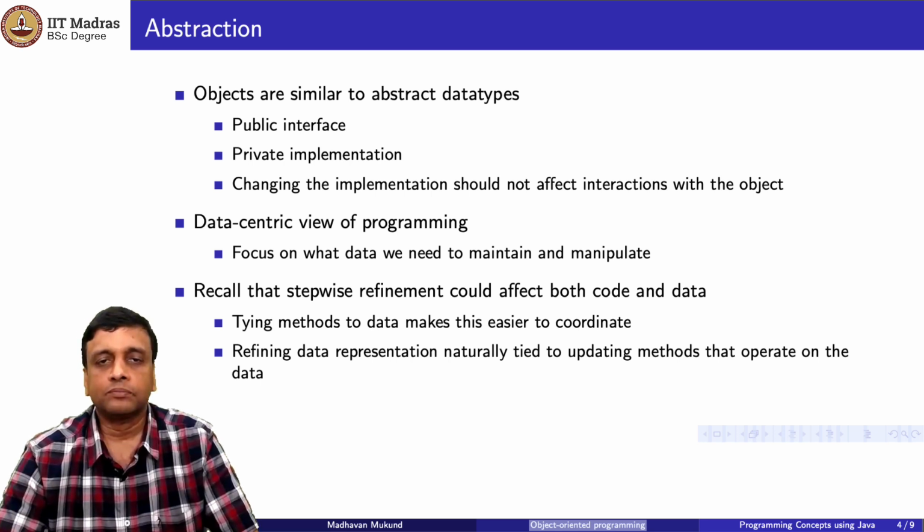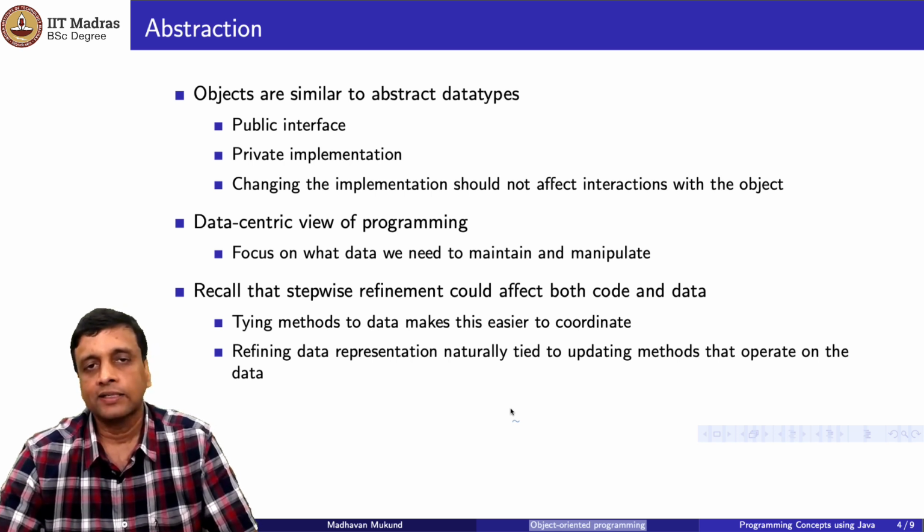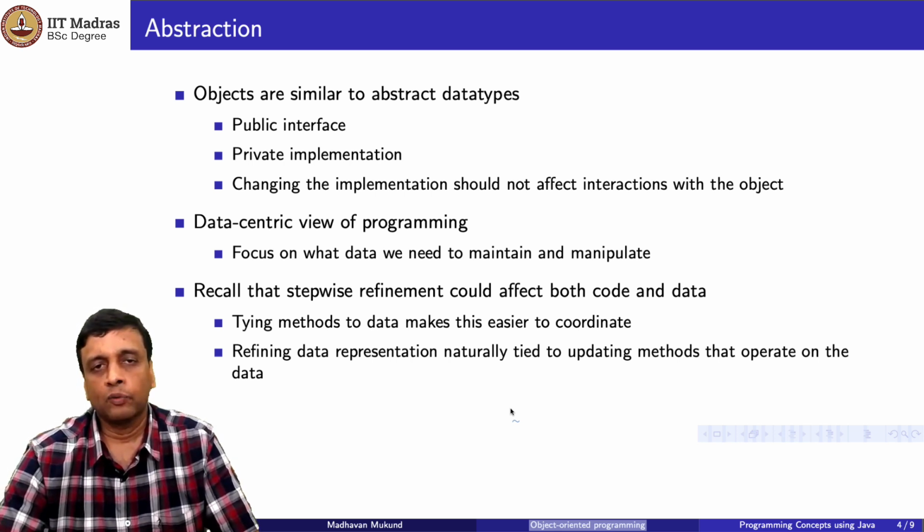And at the same time, we may also need to change the data structure that we are using. We saw this in the bank account example, where we had to move from keeping just the balance to keeping the transactions. And there the difficulty was that once we moved to keeping transactions along with the balance, all the functions which manipulated bank accounts needed to change their behavior. So we needed to somehow keep track of this change across multiple functions. Now, if we are doing this in this abstract data type or data-centric world, all the functions that manipulate a piece of data will be actually coded along with that data.